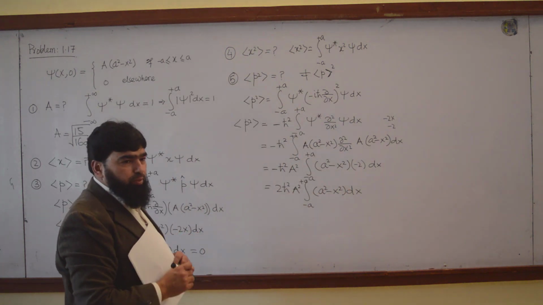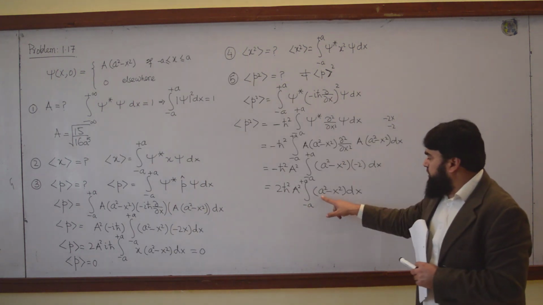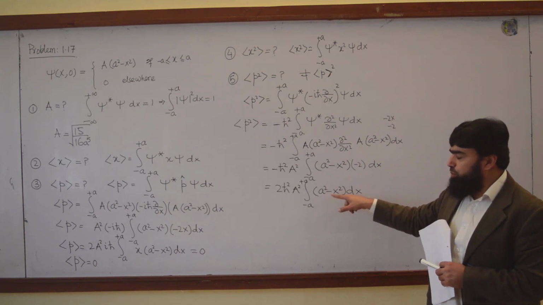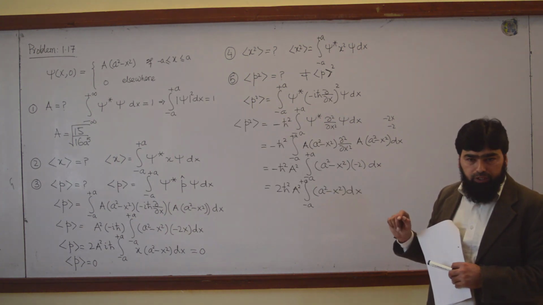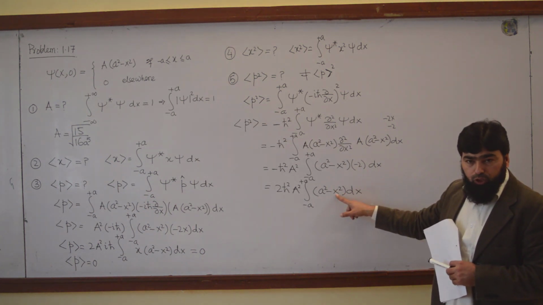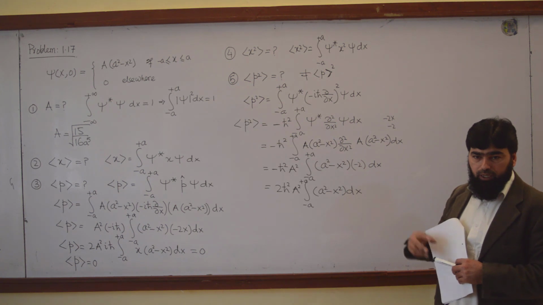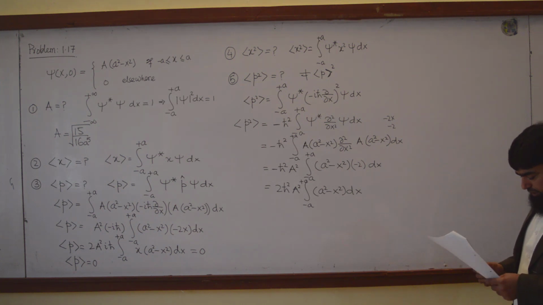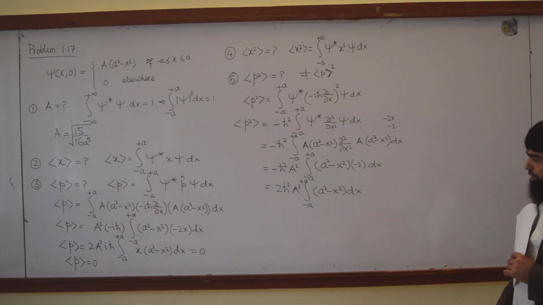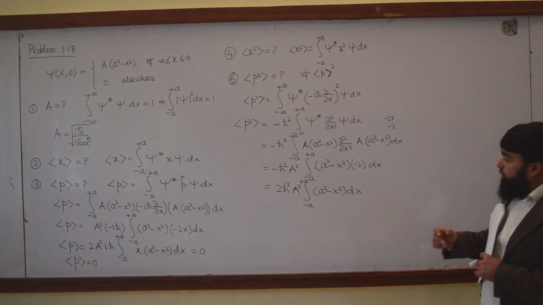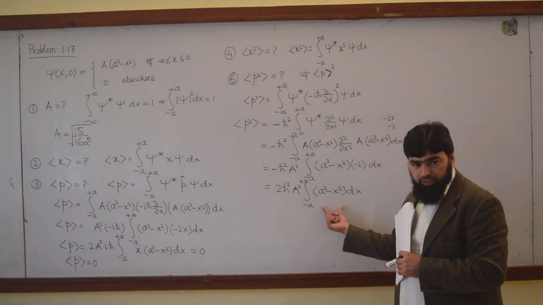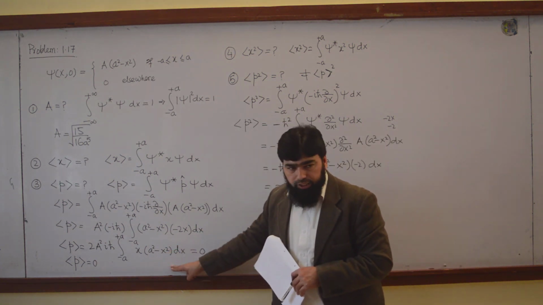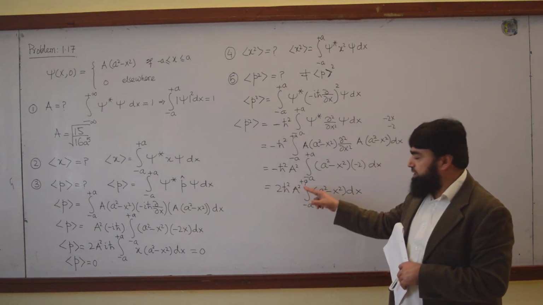Now I think it's a very simple integral. A square x will come, because when a square dx, it will become a square x from minus a to plus a limits, and then x cubed by 3 from minus a to plus a, put the limits. So it is a very simple integral, and you will get the result for this. Another thing you can do, you can simplify this further. When your integral is simplified, don't forget to do two things: the odd-even test and the symmetry test.